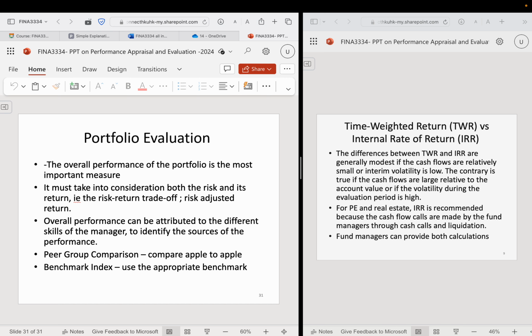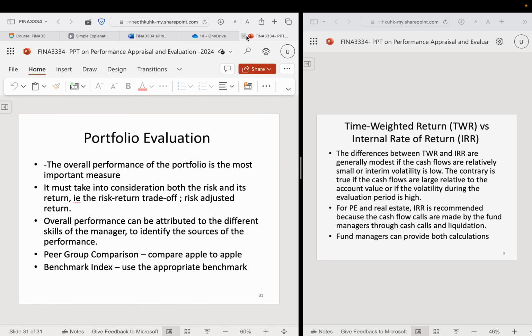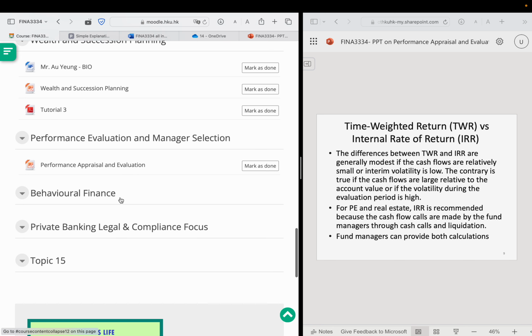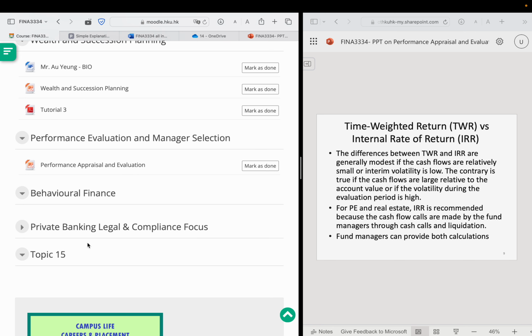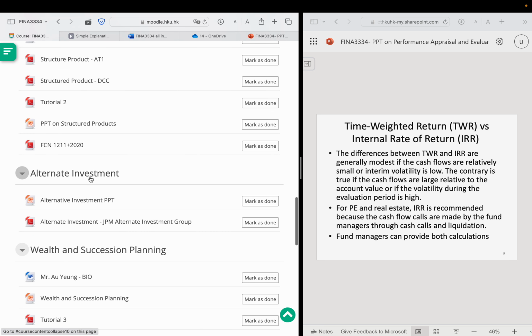So we have talked about how to calculate the performance, evaluate the performance of the manager. And now we go one step further: how to select the manager for you to build a portfolio. So some market practice concept I want you to know, there are two different ways of